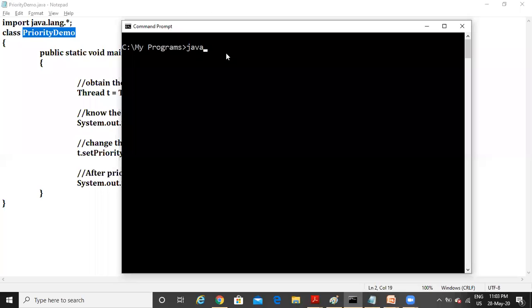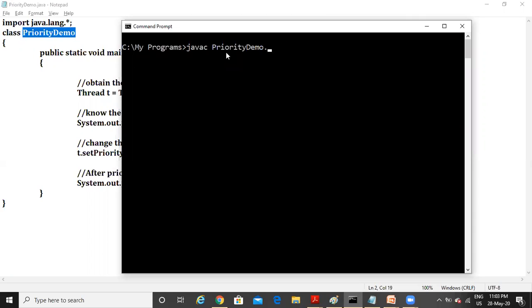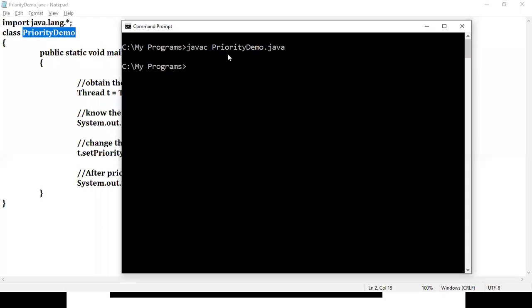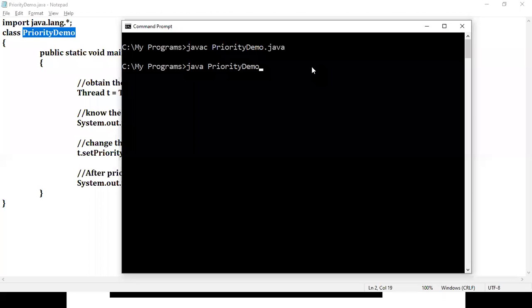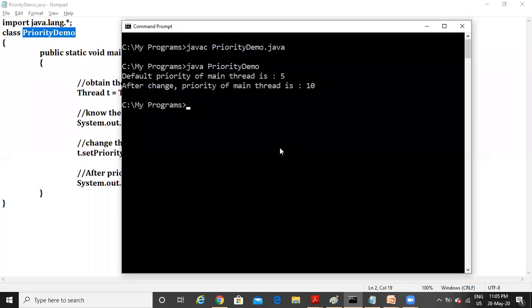What is the command for compilation? javac, the class name is PriorityDemo.java. Compile it. Now execute it: java PriorityDemo and press enter. Yes, you got the output: default priority of main thread is 5. Initially it is 5 and you have changed it. After change, priority of main thread is 10. So this is the output of the program.